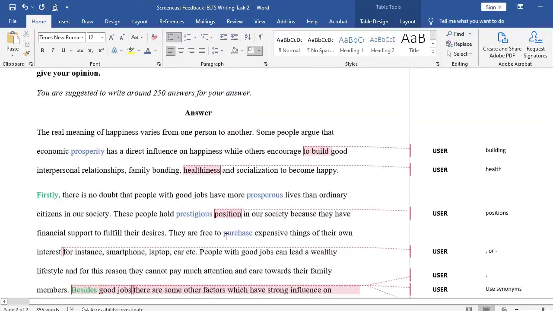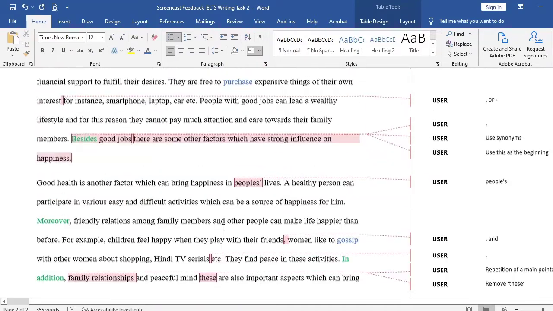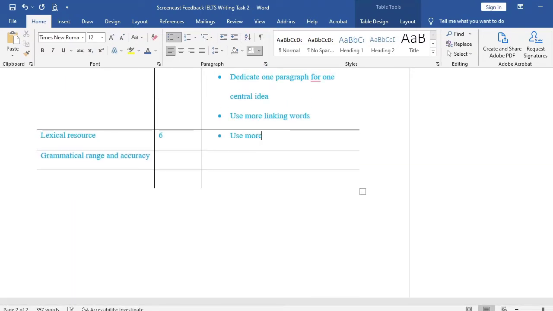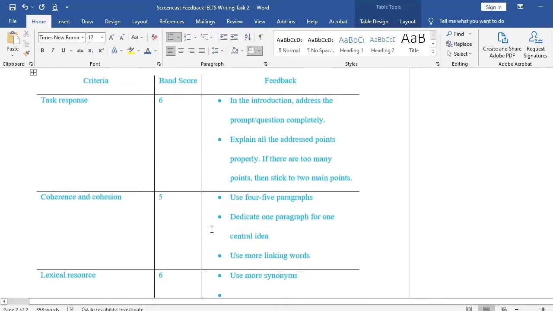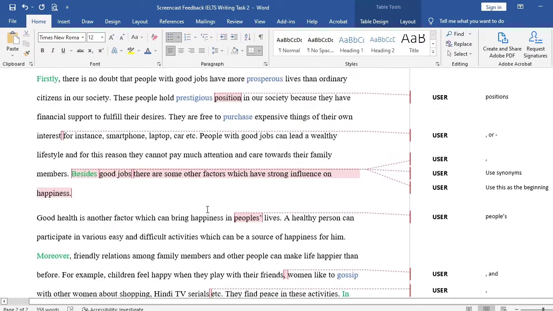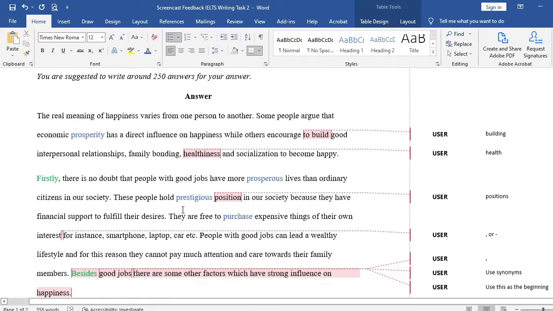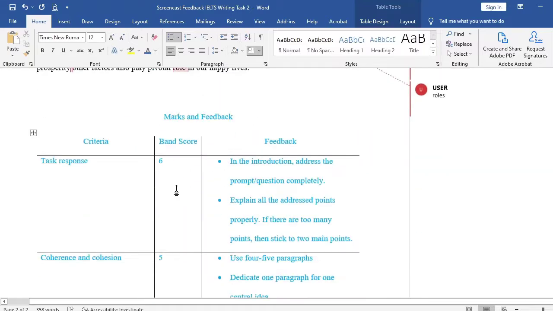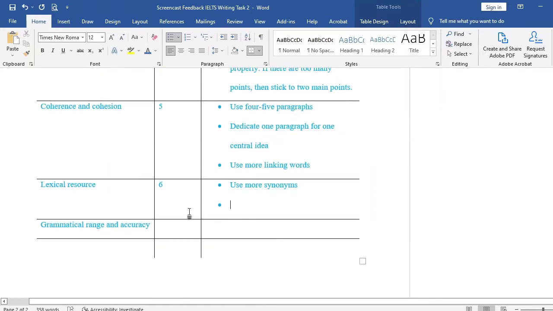So her feedback about lexical resources is to use more synonyms and a bit of a richer vocabulary, but that is not a very important thing for her to boost her score, because synonyms would be enough to boost her score to a 7 here. But still I'm writing here